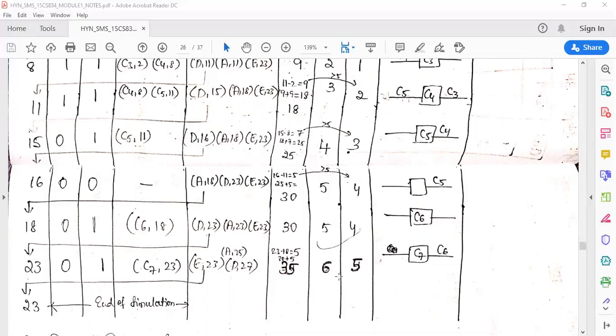So sixth customer has gone out, and then I have to check the response time of the sixth customer, right? Arrival at 18, departure at 23. So 23 minus 18 means I will get 5. So one more I will get the value for my mean response time, right? So 23 minus 18 is 5. So 30 plus 5 I will get as 35, 6 and 5.